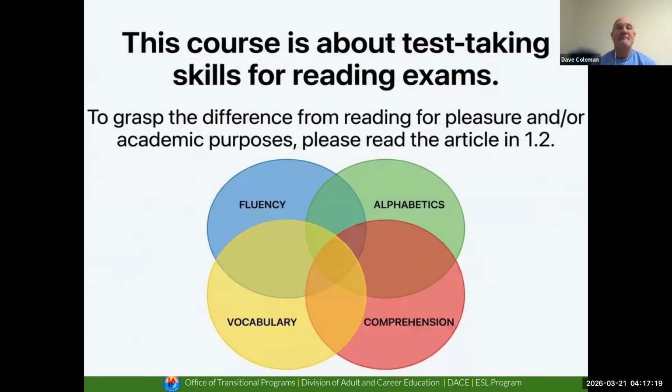Thanks, guys. Great. And even though a lot of the skills that students use when they're taking reading exams spill over into when they're doing reading for academic purposes or pleasure, teaching those skills is a little different. So I highly recommend that everybody here, if you get the opportunity in the future, take the reading for academic purposes class. I took the CalPro pilot one. It's fantastic.